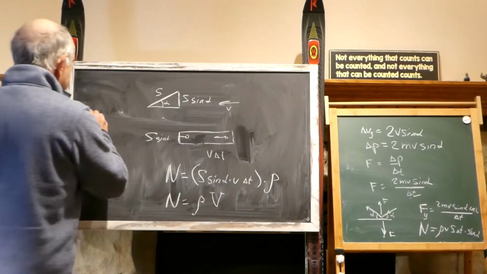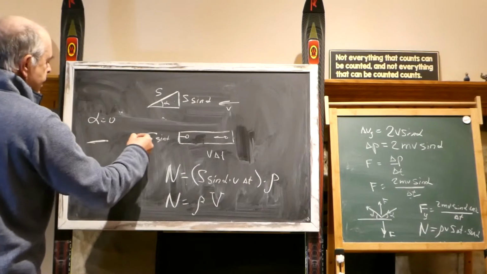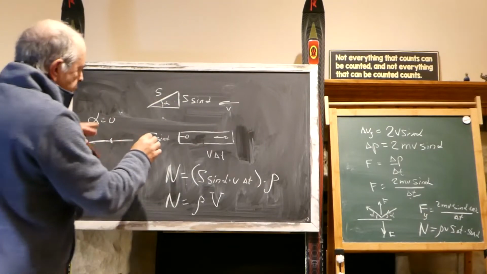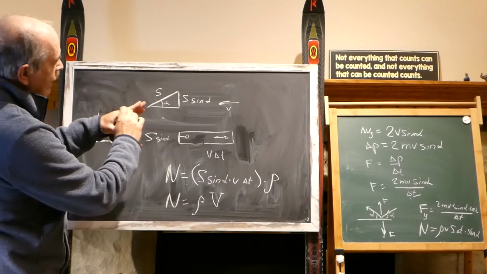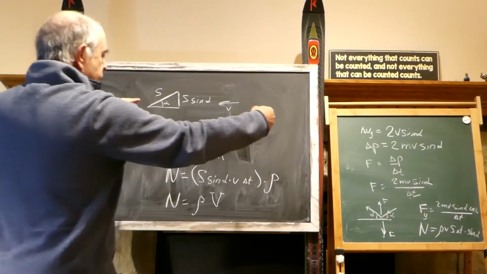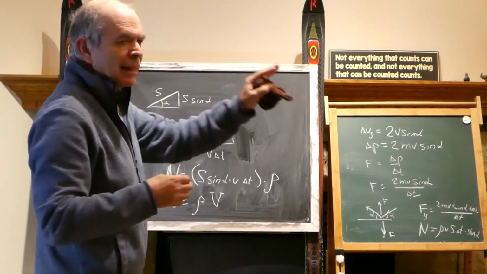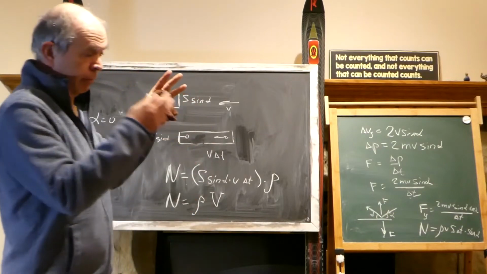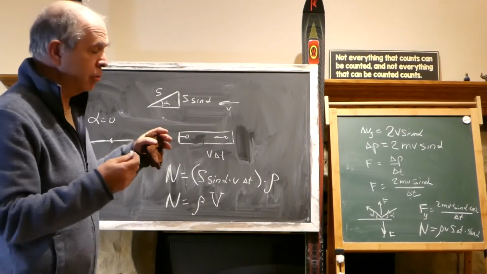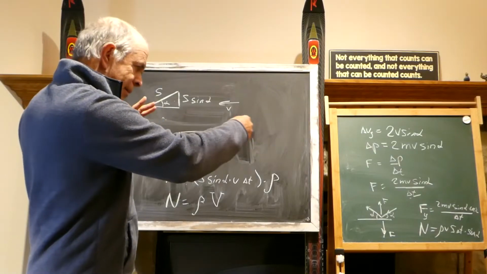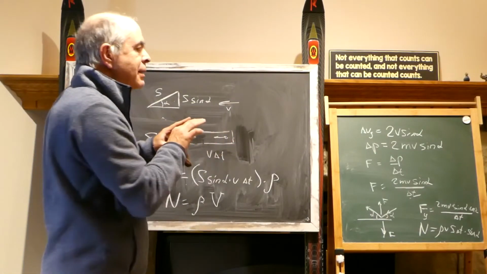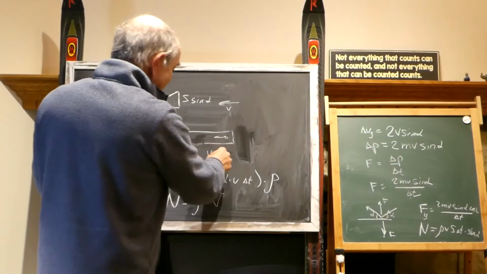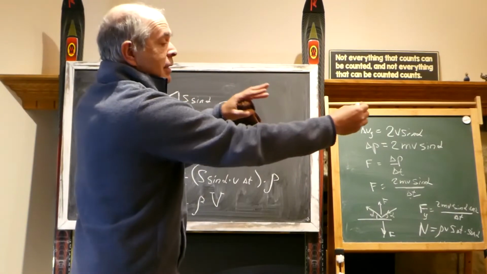Of course, if alpha equals 0, for example, the volume would be 0. This is just a flat line. We have to have a volume, that's why we have to have this angle of attack, and then this is some volume in front of the wing that is being swept by the wing as it travels for the time delta t. Or if we're looking from the coordinate system related to the wing, V multiplied by delta t is the height of this cylinder, and during this period of time, delta t,